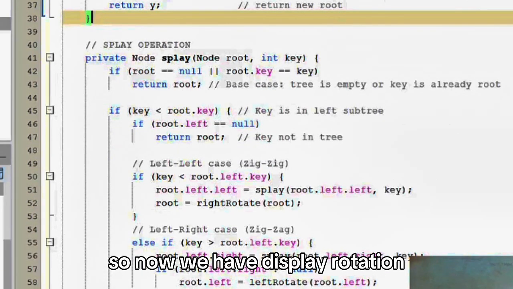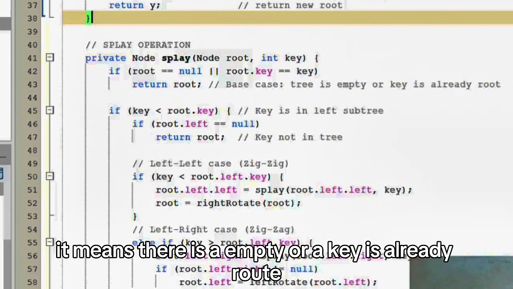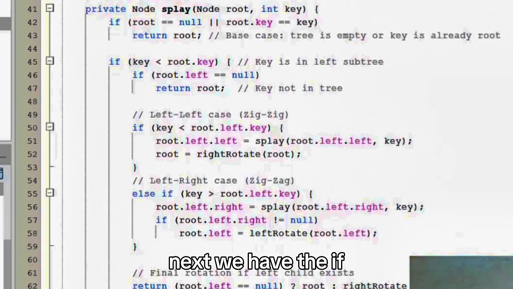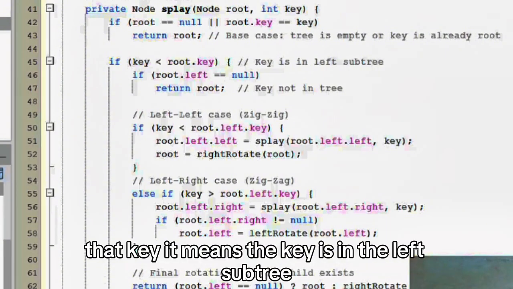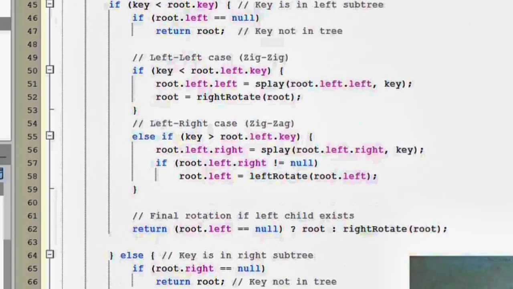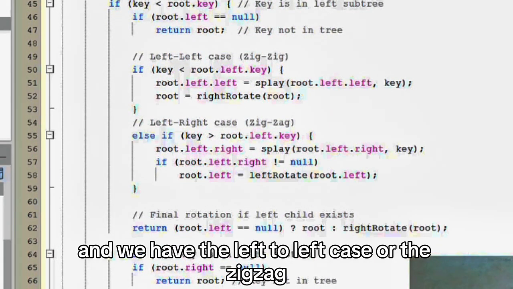So now we have the splay operation. Here in the code, it checks if the tree is empty or the key is already the root. Next, we have the if statement where the key is less than root.key. It means the key is in the left subtree. Then return the root. And we have the left-left case, or the zig-zig.